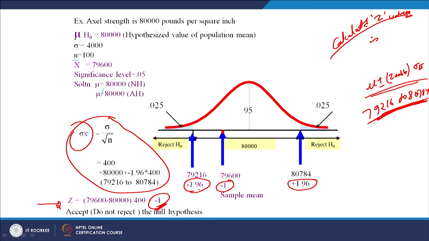So, we have seen a couple of ways of deciding whether you should reject or not reject the null hypothesis. If alpha is given, just calculate z and compare it with the table value. If not, then you will always have population mean plus minus z table critical value into the standard error, and check whether the sample mean falls in this range or not. This is another way of doing it.